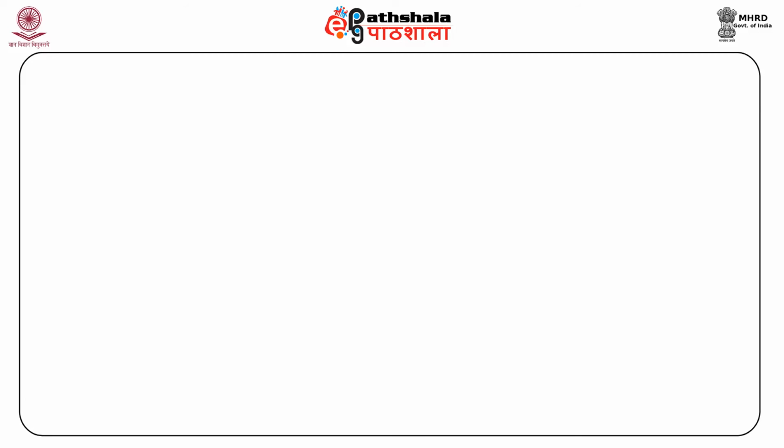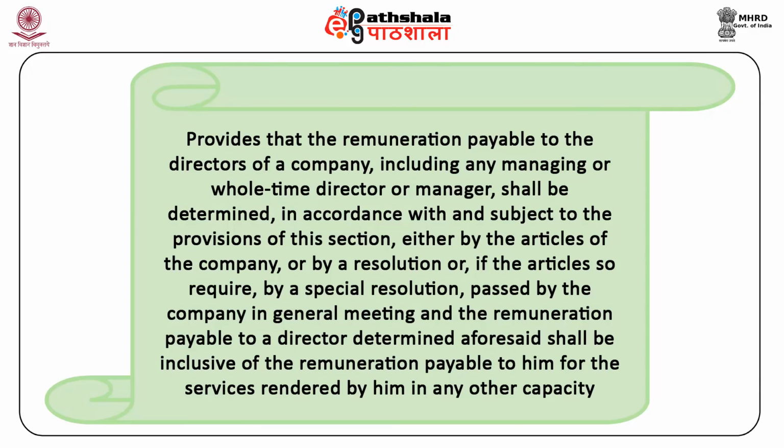Section 197, subsection 4 provides that the remuneration payable to the directors of a company, including any managing or whole-time director or manager, shall be determined in accordance with and subject to the provisions of this section, either by the articles of the company or by a resolution, or, if the articles so require, by a special resolution passed by the company in general meeting, and the remuneration payable to a director determined as aforesaid shall be inclusive of the remuneration payable to him for the services rendered by him